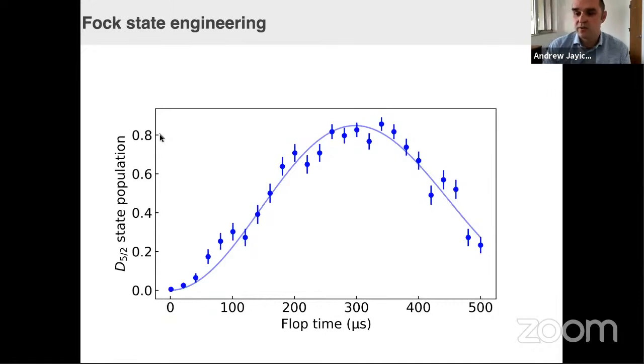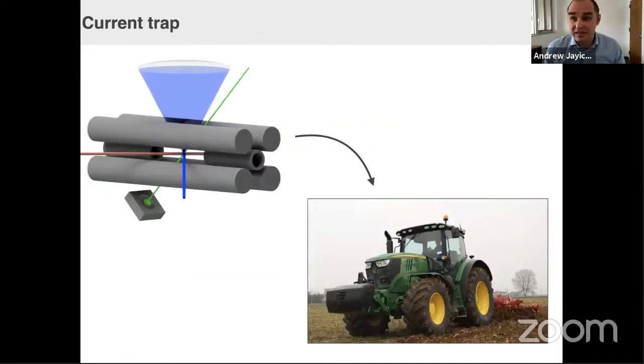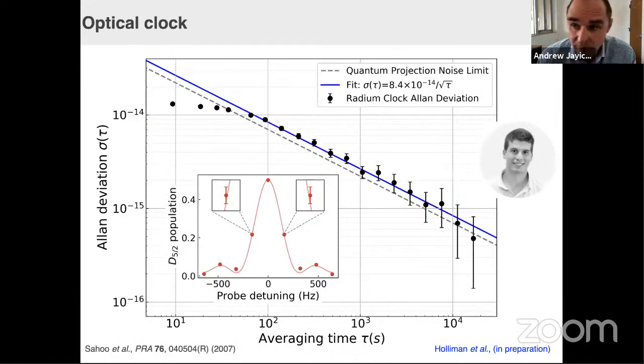So I just want to remind you that this is our trap. This is what we're doing all this work in. This thing is a tractor. It's made for the first laser cooling. We're taking this tractor out on the highway and pushing it up to 65 till its wheels fall off. So there you go.